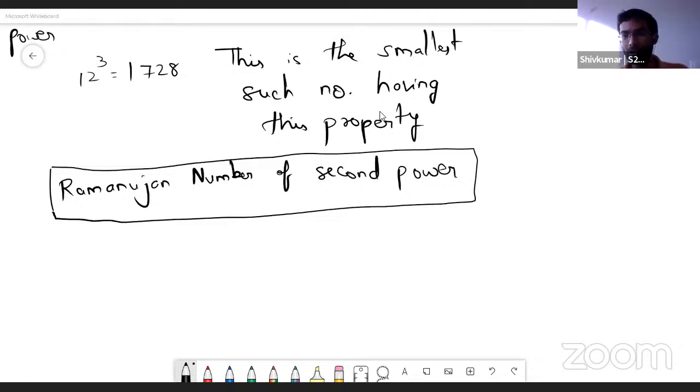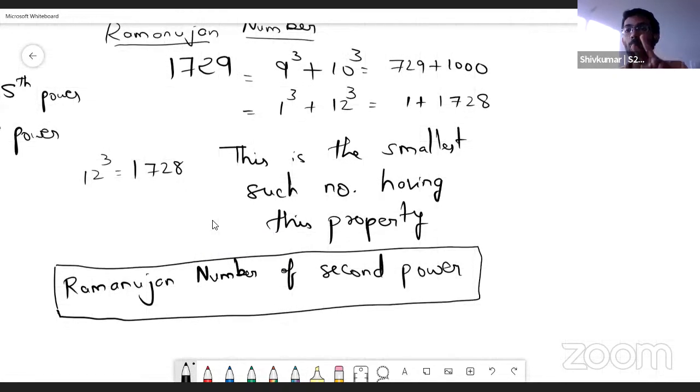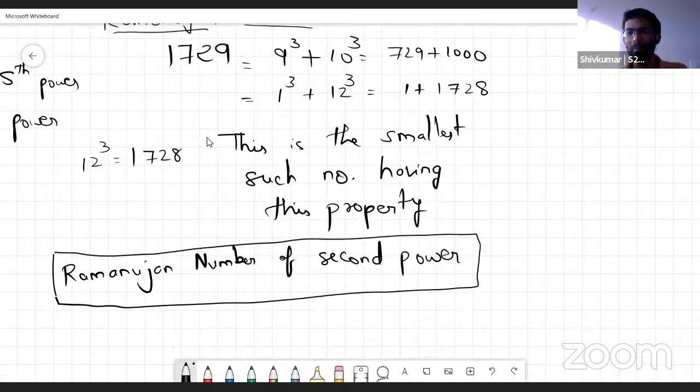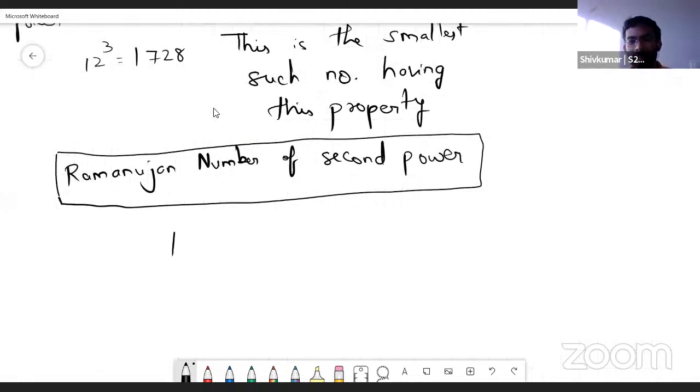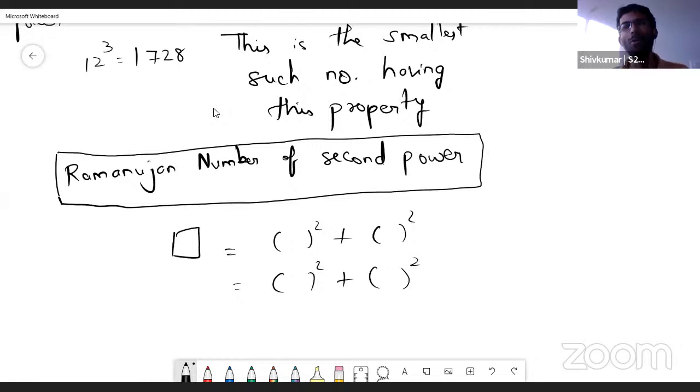Right, so one response here in Zoom. Shravan, any responses in YouTube? Okay, fine. So here we saw that 1729 is the smallest number that can be written as sum of 2 cubes in 2 different ways. Can we find the smallest number that can be written as sum of 2 squares in 2 different ways? For Ramanujan's level, this was too easy and he didn't even care about it. But shall we take up this problem and, using this, try to analyze if there are more such Ramanujan numbers beyond 1729?